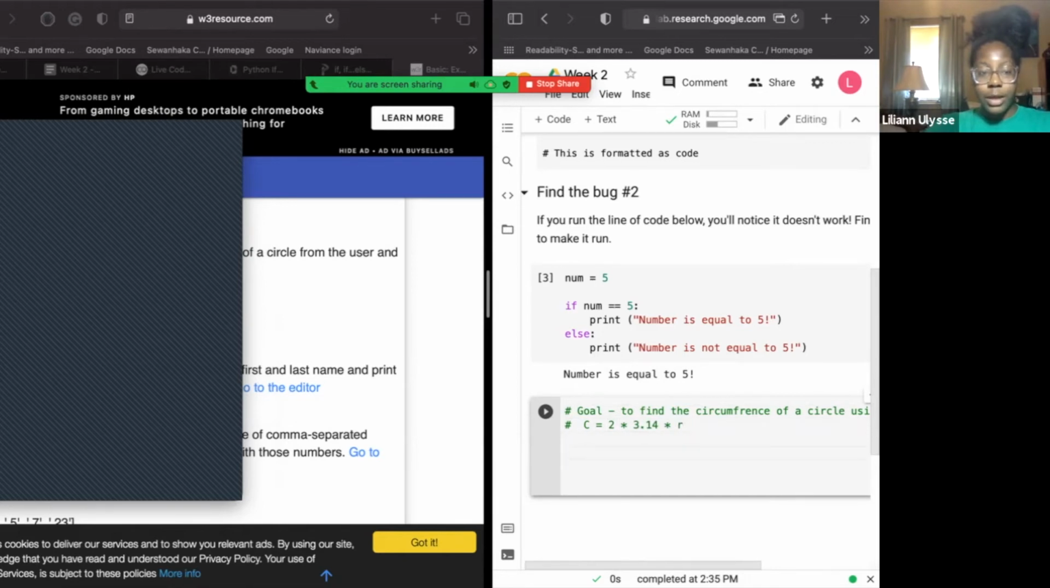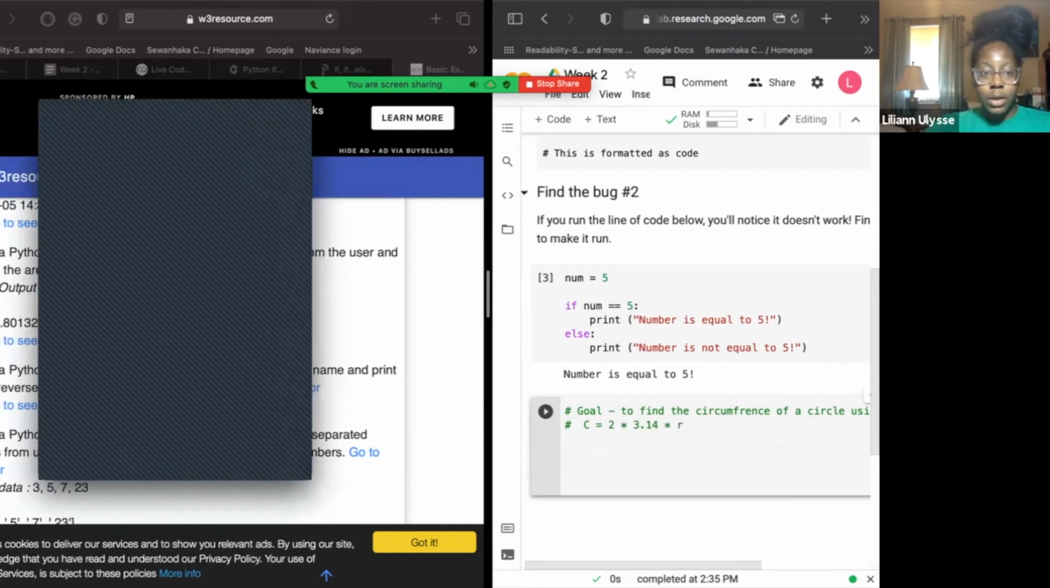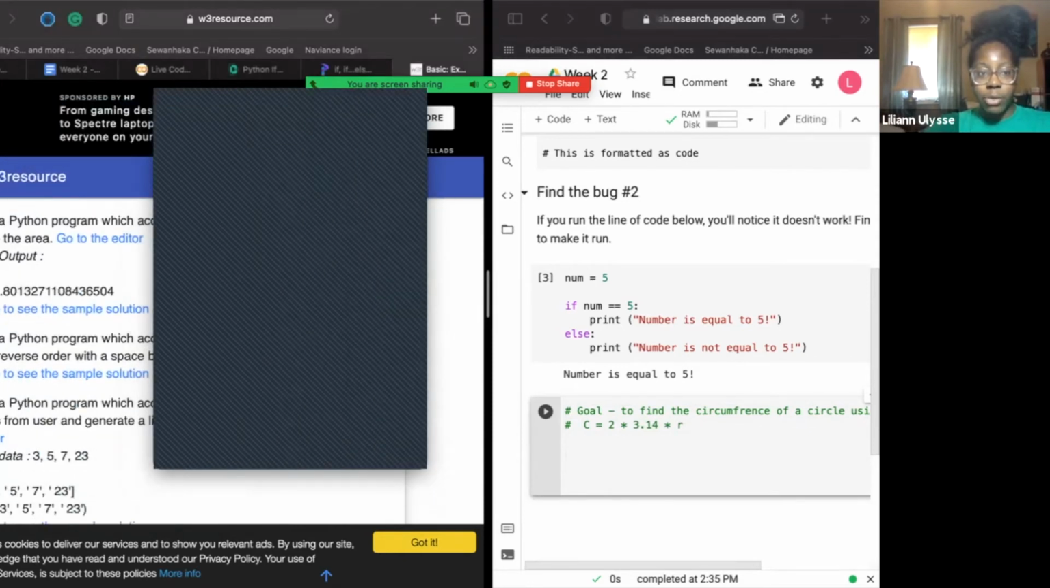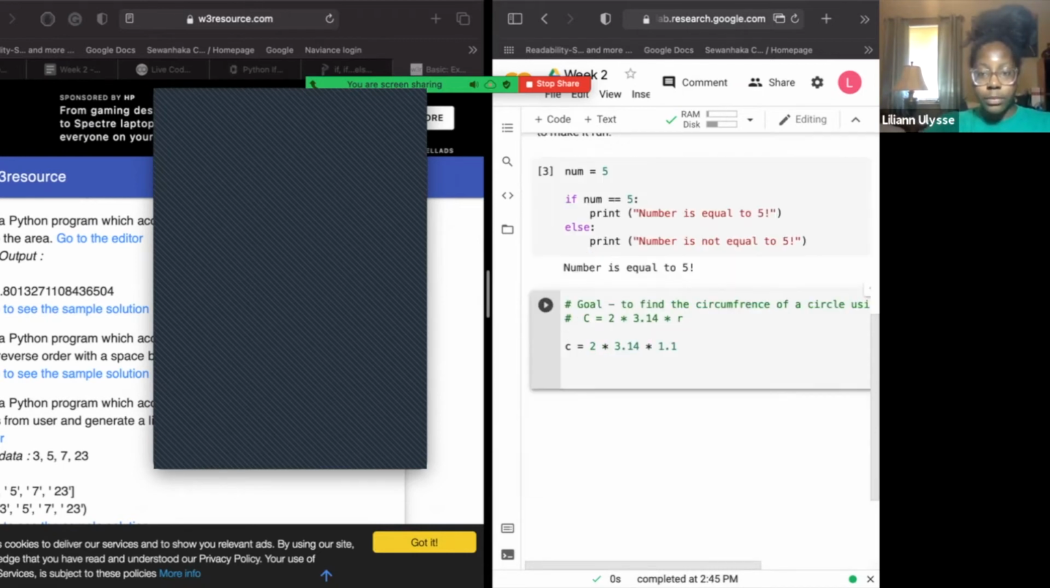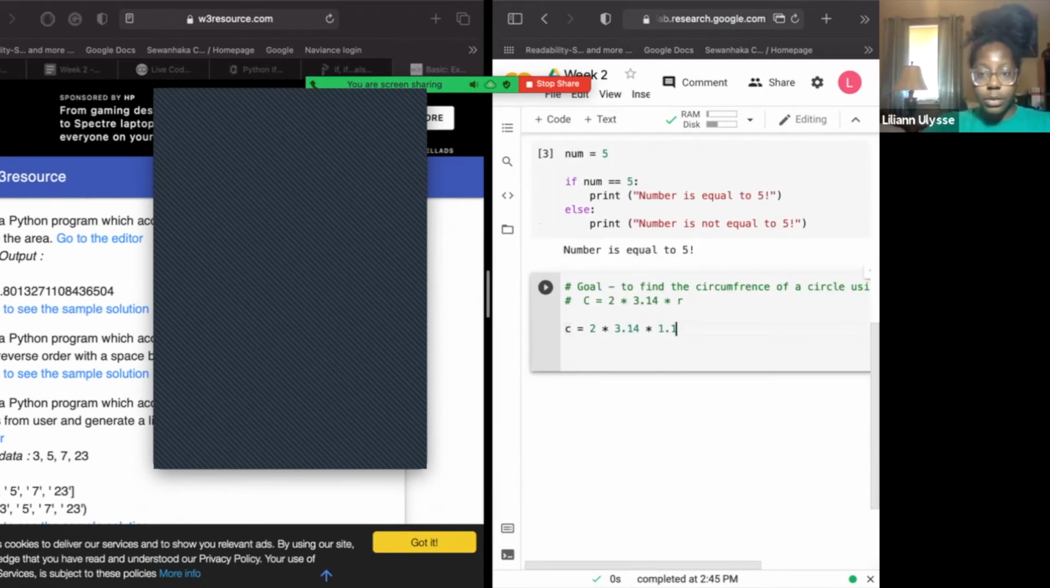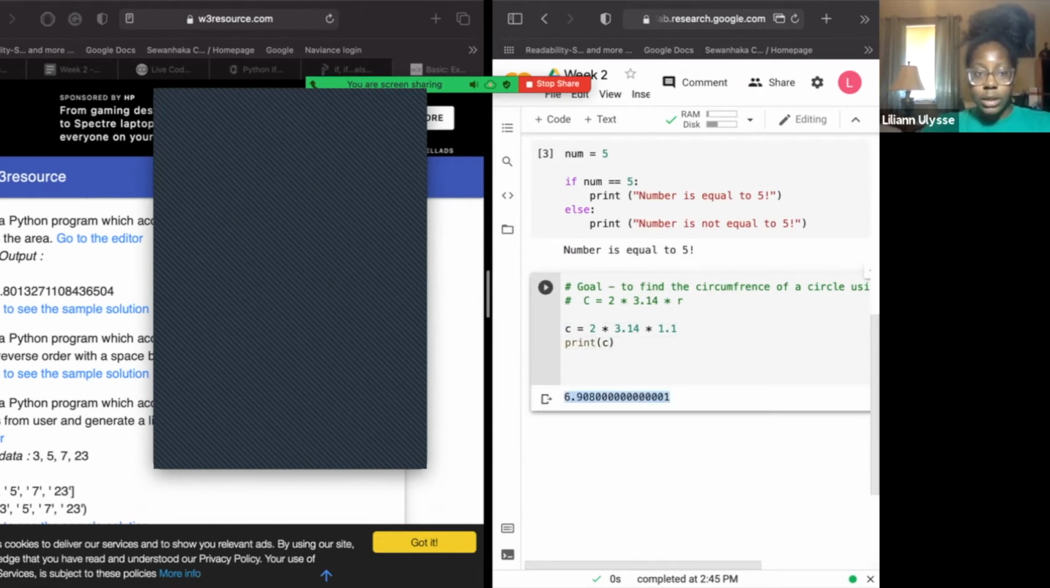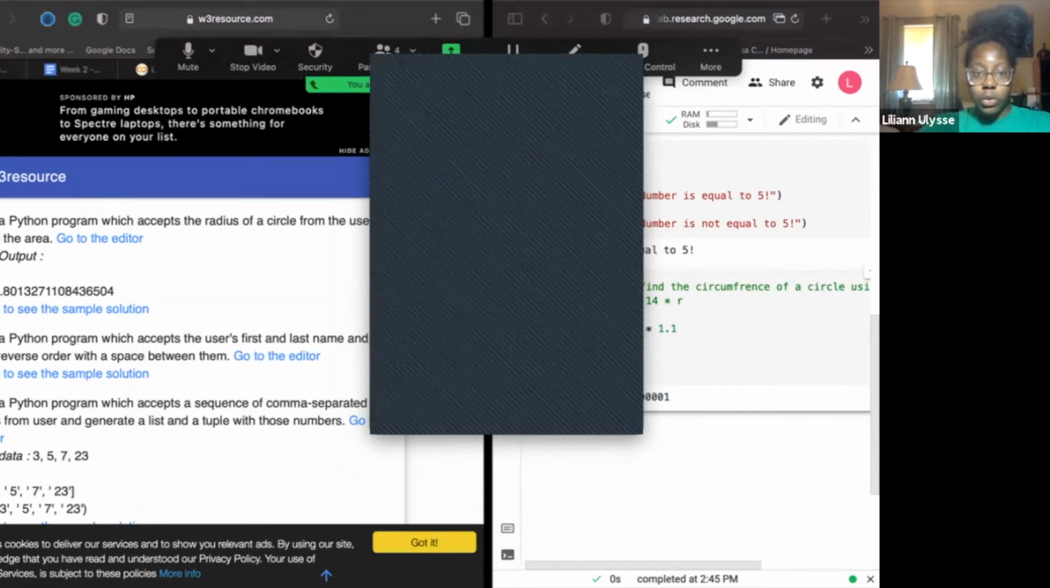So if we did that here and we took in, let's just say from the sample output over here, we had C equals 2 times 3.14 times 1.1. And when you would run that, and then print C, you get 6.9, right? So let's just say now we wanted to take it from the radius to also compute